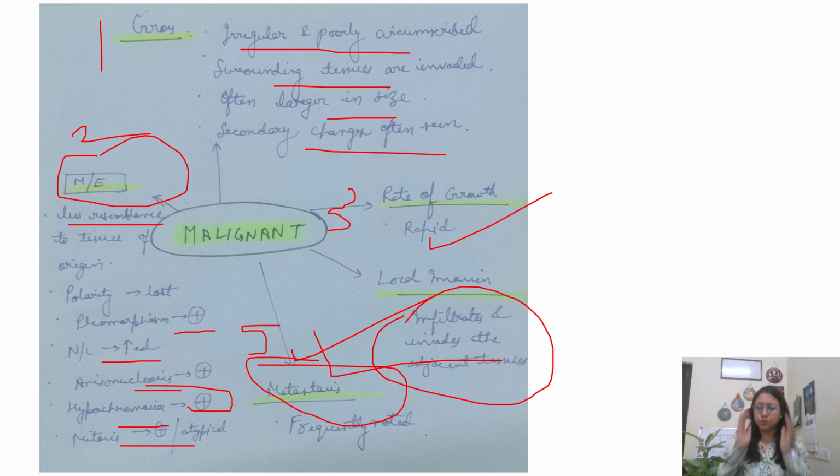So what I wanted to highlight is, when we start the neoplasia chapter, we should know what is basically neoplasia. So we should know the definition of neoplasia, and then we'll come to the benign and malignant difference. The difference we can read under 5 headings. First, note down the gross features of benign and malignant tumors, then microscopic features, rate of growth, how local invasion is done, and how metastasis. Metastasis is seen in your malignant. So these 5 headings are there. You can easily differentiate benign and malignant.